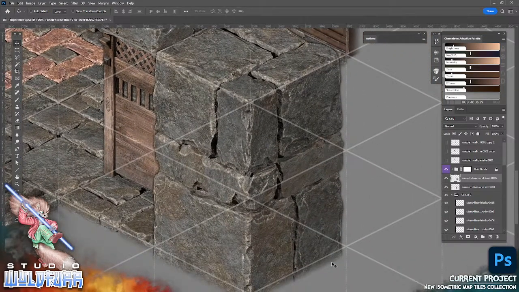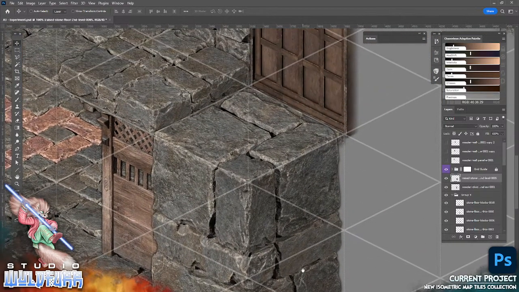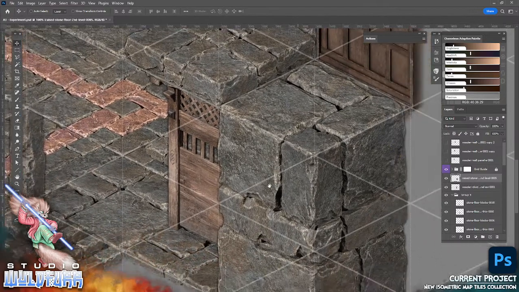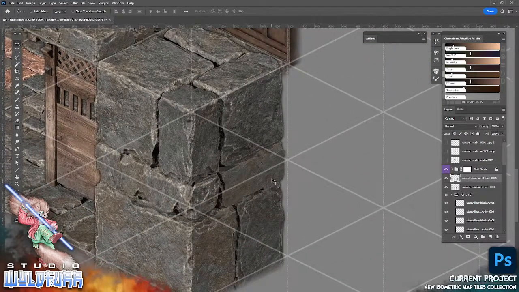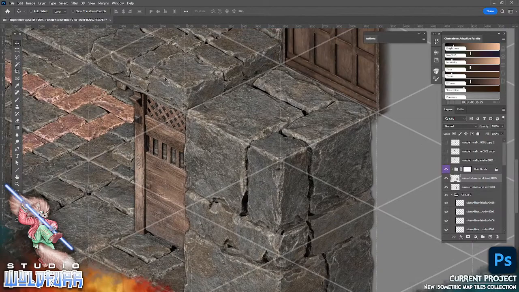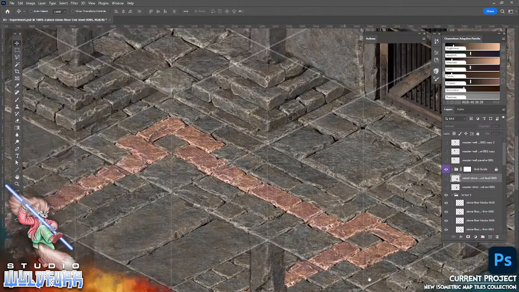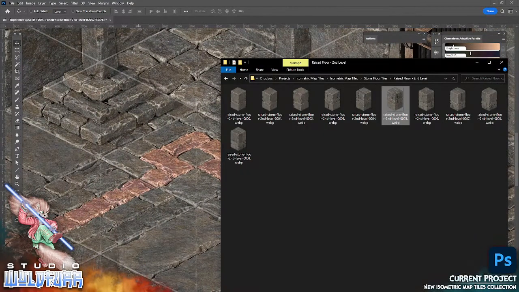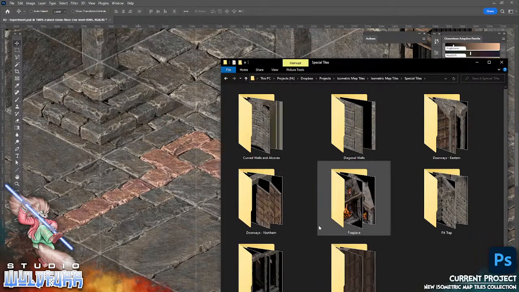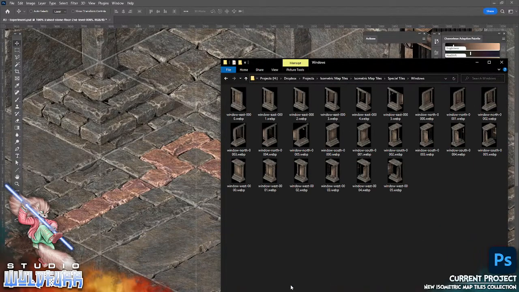So that's something that you could come along and have a look at doing. You know, obviously you'd put in more sections. So that's those pieces. Next, what have we got? Let's go back to the special tiles. Okay, fireplace. Well, actually, hang on, I'll start from the back. Okay, windows. Again, this is